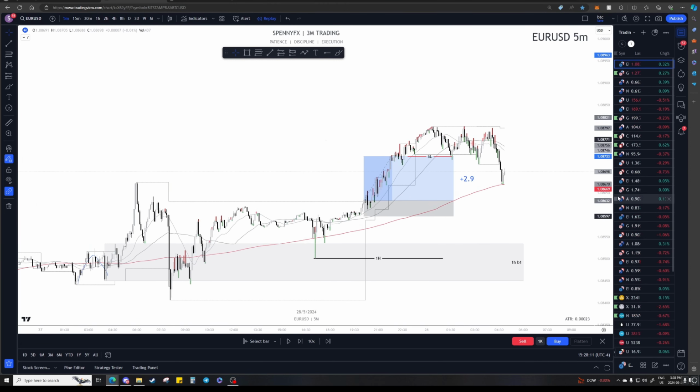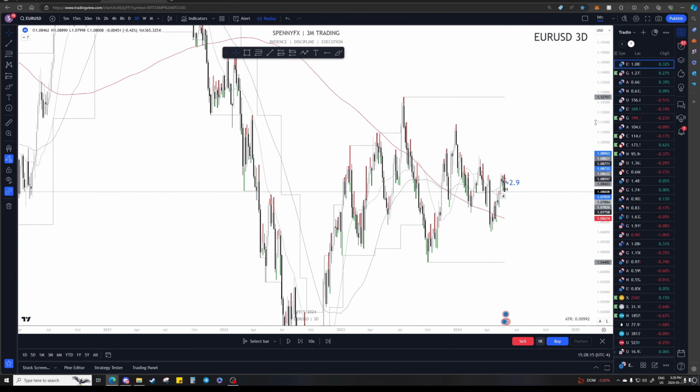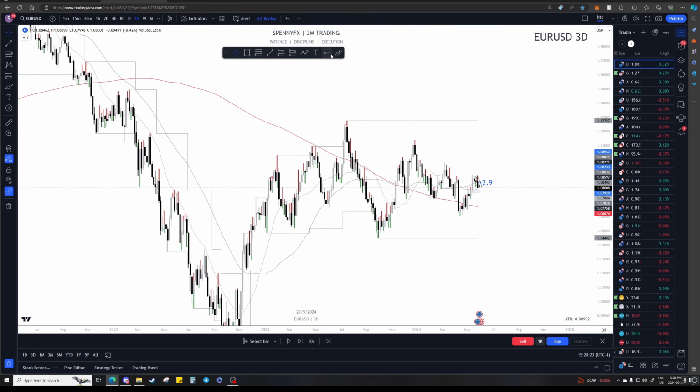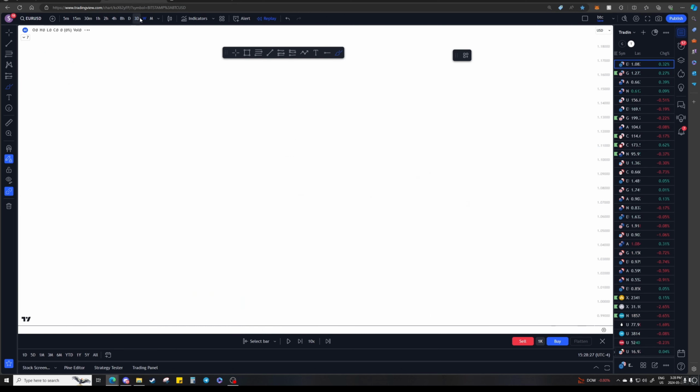But back to EU. So with EU, as always, once again we start with the high time frame. Now the bias for EU was not quite as clear as AVAX. Not everyone is bullish on EU, but according to my rules, it is bullish. One of my rules is that the weekly or the 3-day have to be bullish. I think the weekly is in a